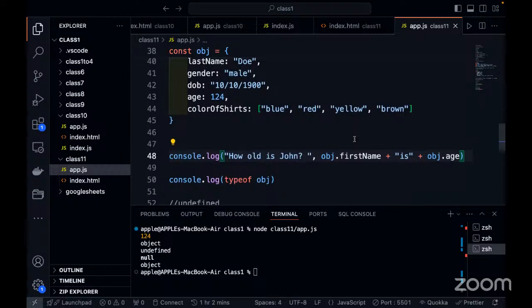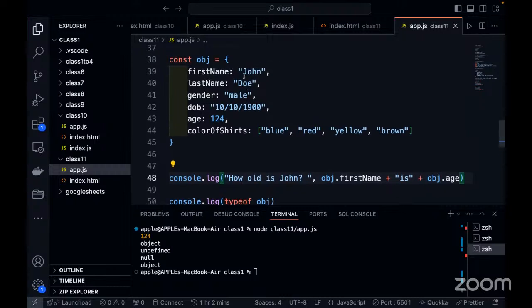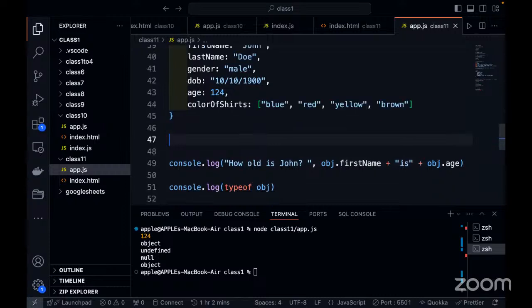So you want to say John is 124 years old. So you can say obj dot first name, which is going to output John is. This is actually a way to join strings together using plus. Let me just type it here to say plus sign